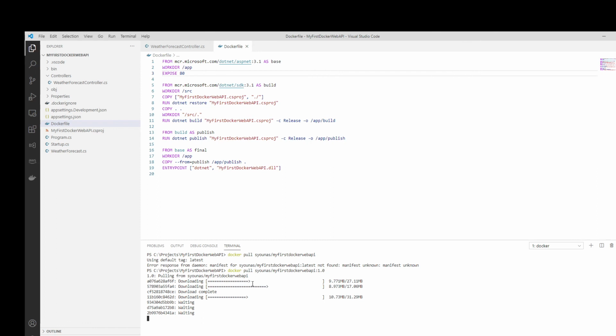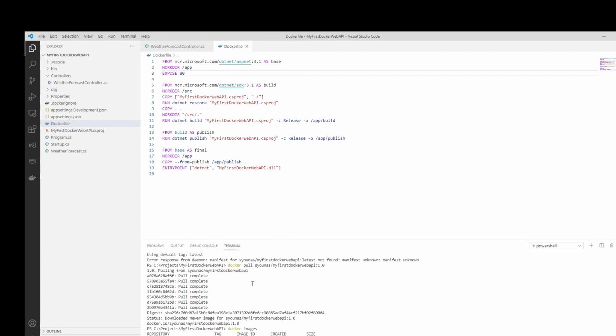Right now it's getting pulled from Docker Hub. At the end, I'm going to have one image on my machine. It's going to take some time. Here you go. Now if I type docker images, you can see that I successfully pulled that